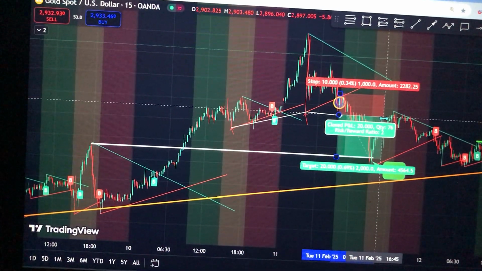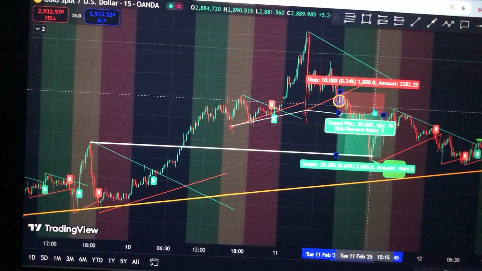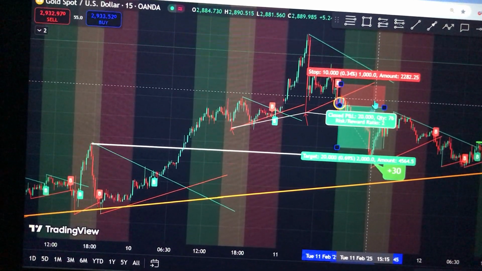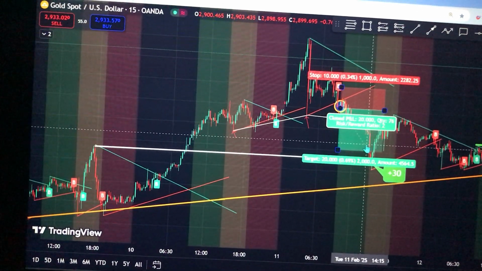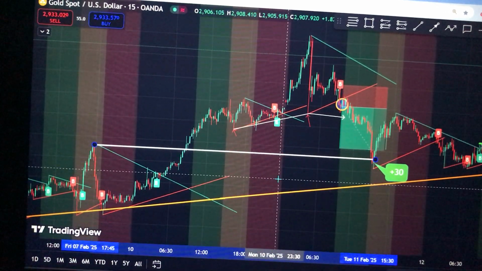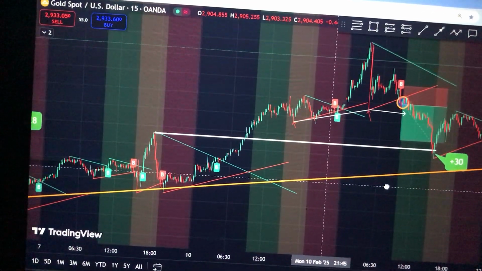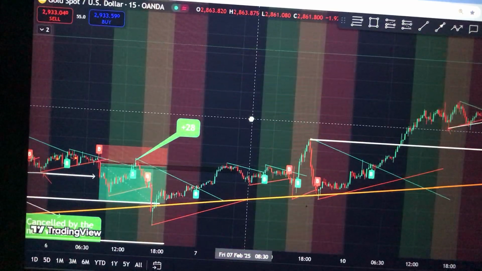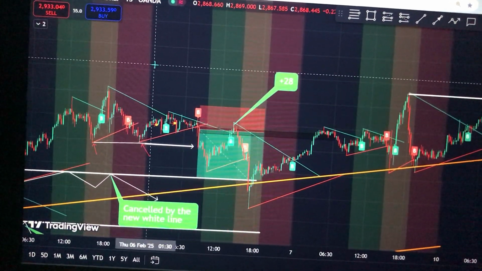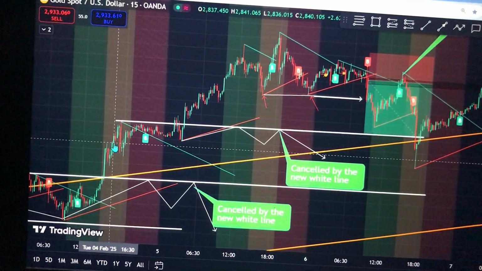And as you can see, even if you enter here or here, price eventually does go to your take profit, and actually price does go to the white line, as you can see here. So this is how I trade, and you can go back to backtest this. You will see here again,